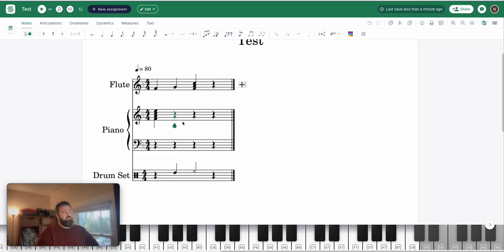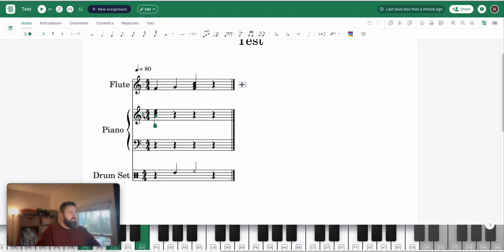You can also use the arrow keys to navigate in general. So if you do not want to use your mouse and only want to use your keyboard, that is the way to do it. So if I want to go here and delete an F and now turn it into an A minor chord, I have that ability. If I instead wanted to turn this into an A major chord, I can very